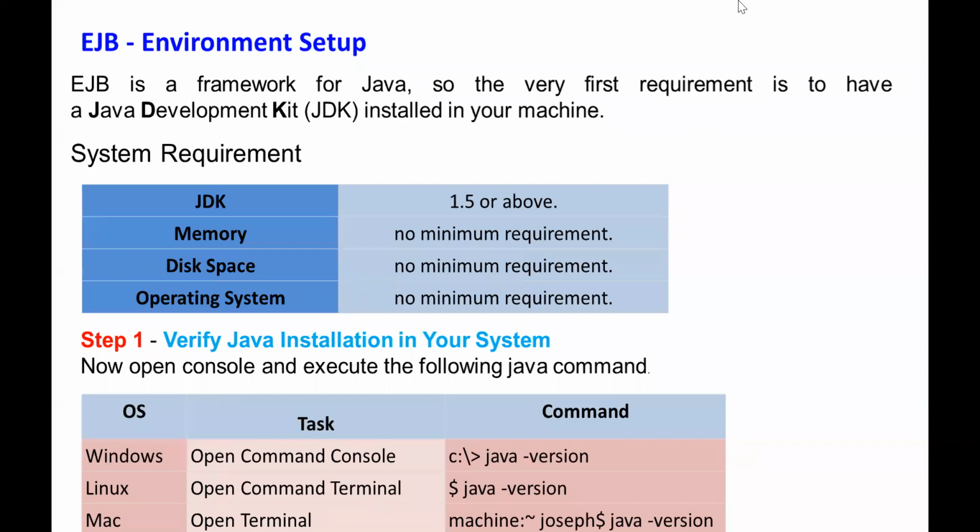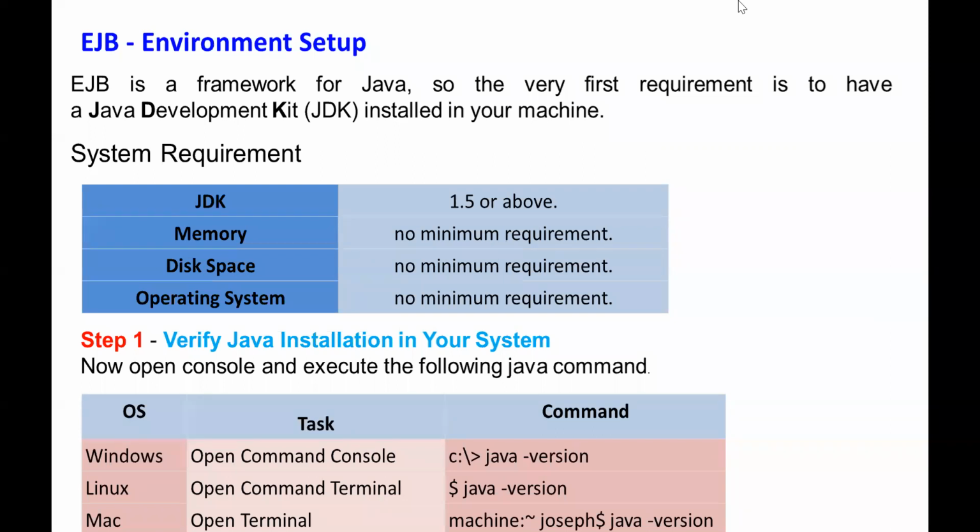So in that case, you can find out if Java is there in your system. Suppose you are installing on Linux, you can open the command terminal and type $ java. Suppose you are using a Mac, open the terminal and you should write